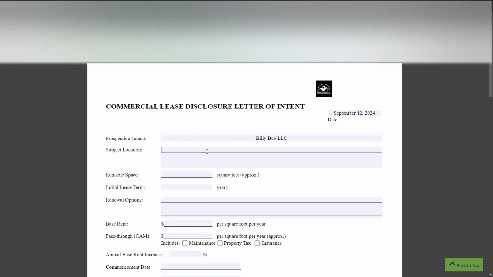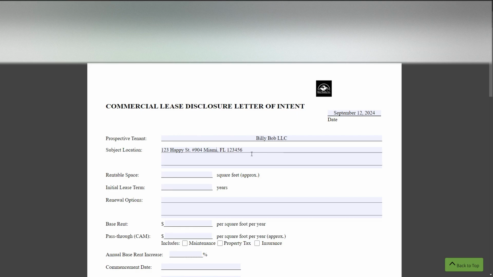The subject location, write the full address. So let's say it's a placeholder, 123 Happy Street as a placeholder. Let's make sure you put the unit number. If it's in a shopping plaza and there's a unit number like 7A, could be 904, whatever the unit number is, you want to make sure you place it in there. So let's just say it's 904 for this purpose. And let's just put a placeholder, city and state. Make sure you write the full property address.